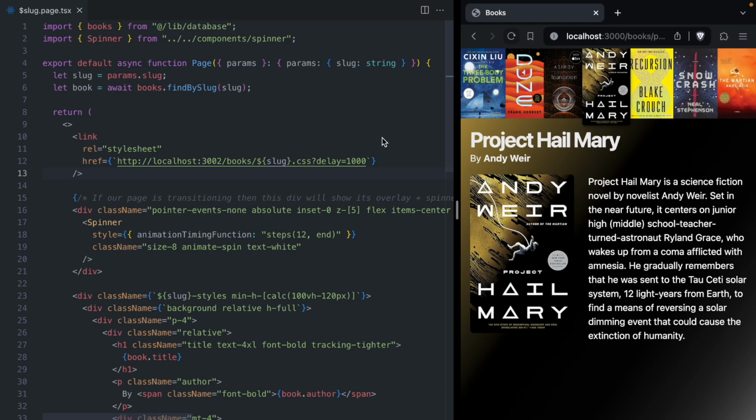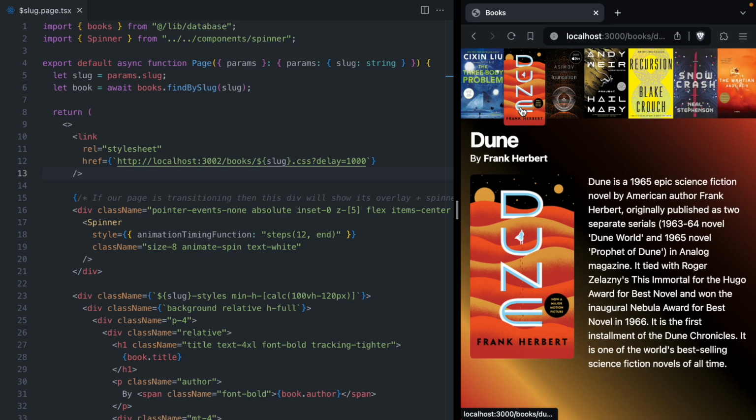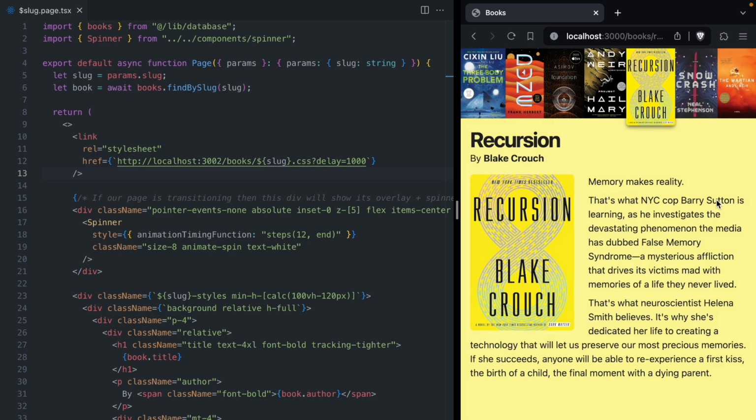And one of the things you can see, let's click over to Dune. Each book is going to have its own custom theme, its own style sheet. So with Dune, I tried to do the planet down here, and then we've got this rift of space, and then we've got this spice up here floating in space. It's pretty fun to use CSS to give each book its own little theme. With Recursion, this page is going to start off in color, and then it's going to slowly render between color